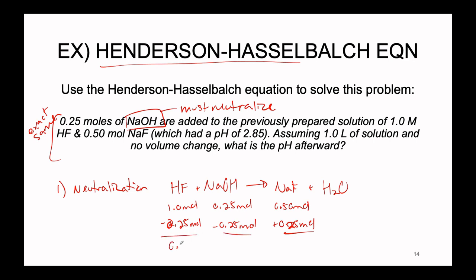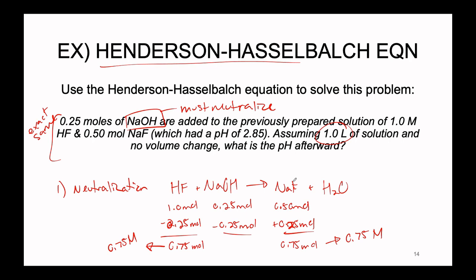And again, what this gives us is 0.75 mole of HF and 0.75 mole of NaF. In order to use the Henderson-Hasselbalch equation, our values have to be in concentration units. Since again, our volume is 1 liter, what this means is that we have 0.75 molar HF as well as